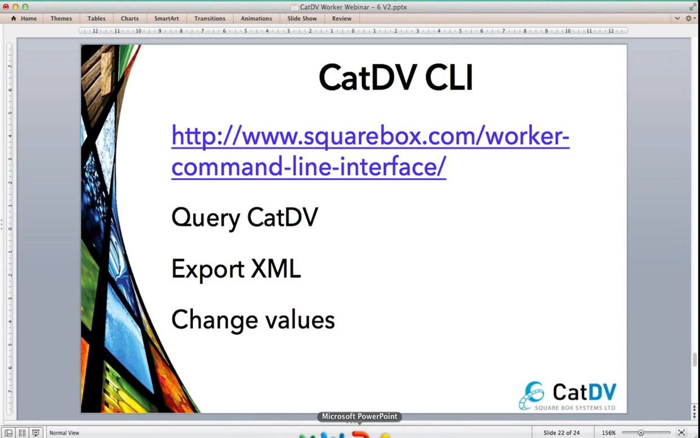Before we hand over to questions, we're going to take a little bit of a look at the CatDV command line interface, which is described at this location on our website. The command line interface enables other programs to control CatDV. For example, we have an integration with Nexidia for dialogue search, a great product. And what those guys do is they write back markers and change data in CatDV, all using the worker command